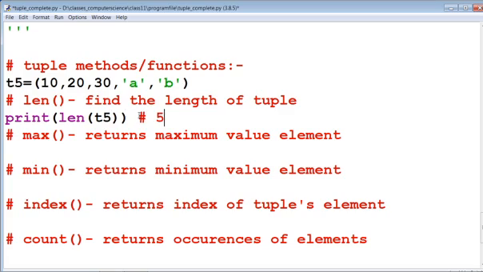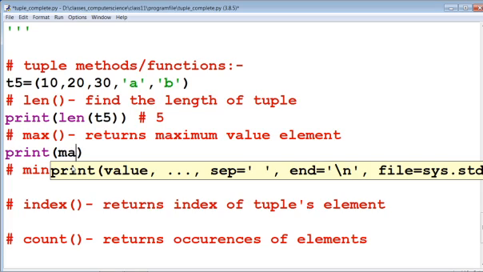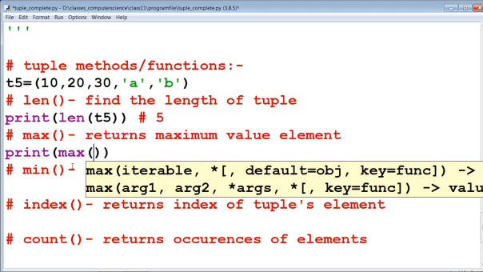Now maximum returns the maximum value element. The maximum function will return the element which has the highest value in the tuple. Now you can print it in this way: print max and tuple name T5.